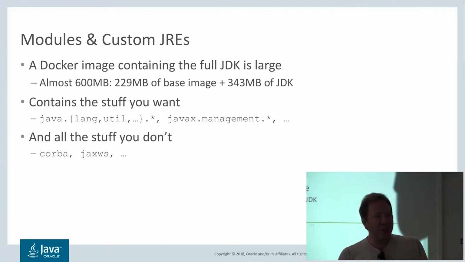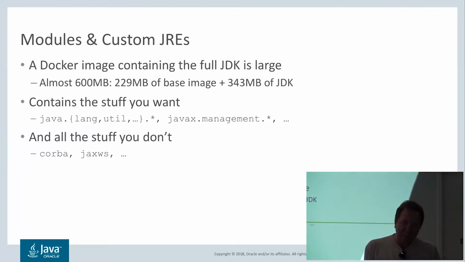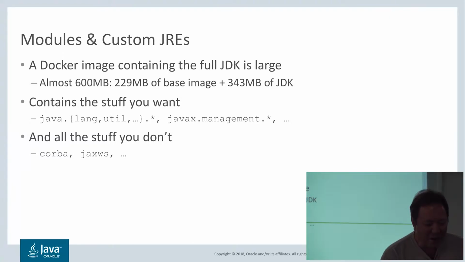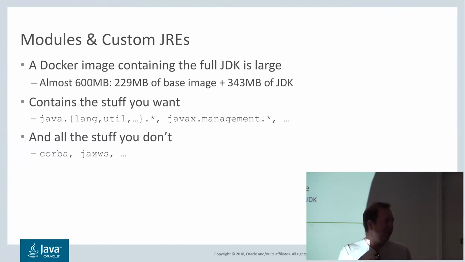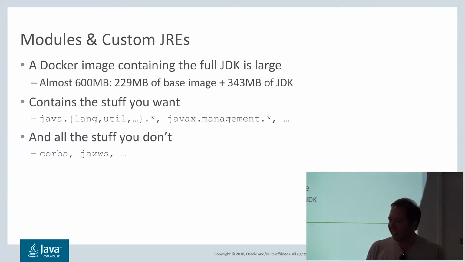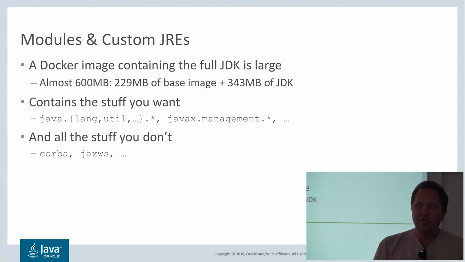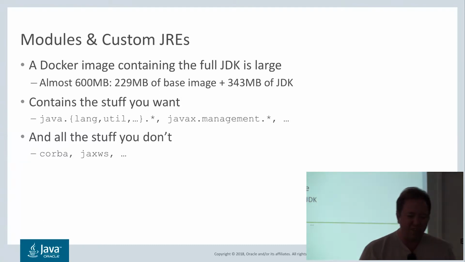This presentation is from a year ago, and we've moved to this new release model where we actually have 2 releases per year. So it's almost hard to keep up with the presentation slides now, but it's mostly right, at least. I did go in and update the numbers, but roughly 600 megs for a Docker image where you have the base image, and I'll go into more about the exact details and the numbers here later. The base image is the Oracle Linux thing, and then the JDK on top of it. And that's 600 megs for running your application, which in most cases you'll probably only need a small part of.